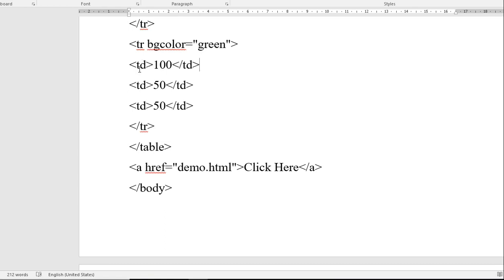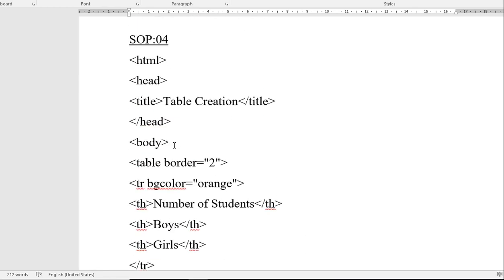Then the data entered in the second row is, first for TD, table data, 100, then for boys 50 and girls 50. In this way we have entered the 3 records of the second row. Once the row records are completed, the tr tag which is opened here gets closed by using /tr.